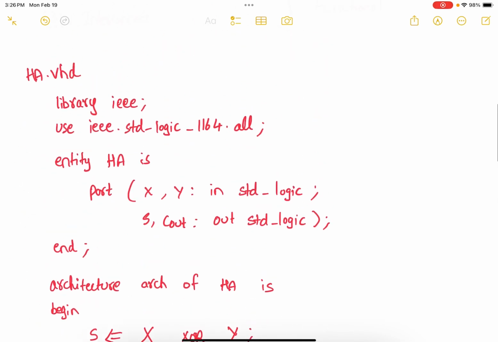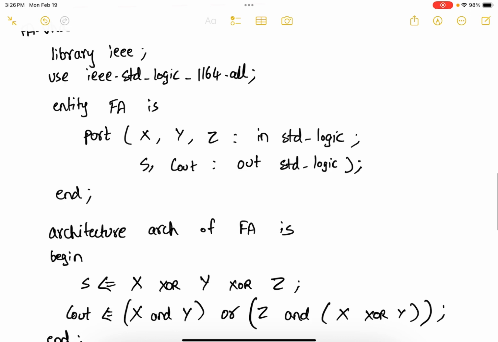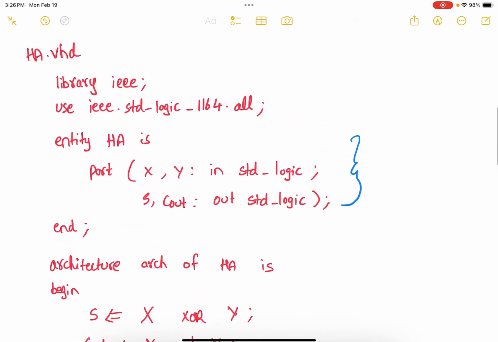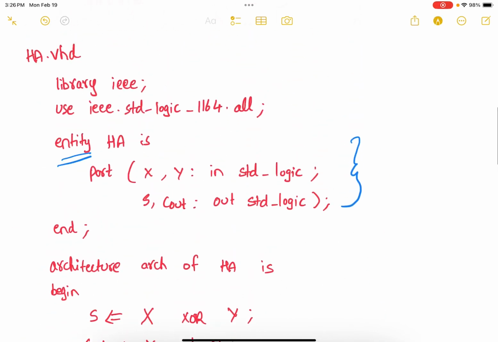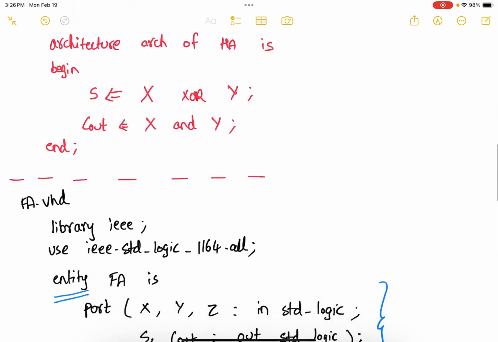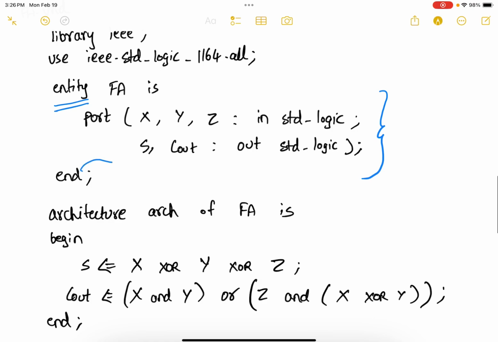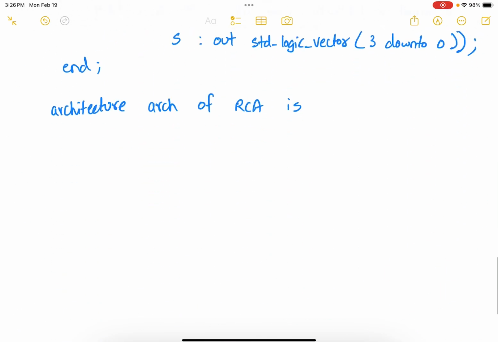Essentially, we copy this one and we copy this one, with the only change that the entity is changed to component. So this and this are changed to component, and then you have end component over here and here. So copy paste and write it as component